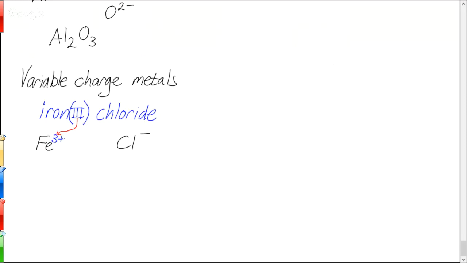Now there's an older way of doing this. You may have heard something like ferric chloride or ferrous chloride. There's kind of older names, but that was confusing because you had to know what all those different names meant. Now we use this number in parentheses, which makes things much easier because you can always tell what that charge is.